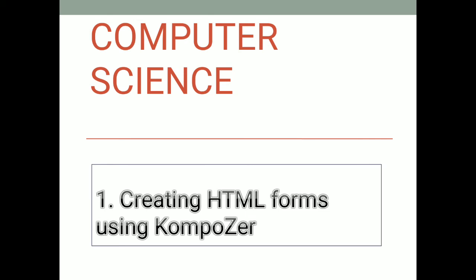From the first video, we start with chapter number 1, Composer IDE, where we design an HTML form, creating an HTML form using Composer IDE. What are the things we cover in chapter number 1? Some basic revision of the HTML tags which we implement in the IDE composer. Then new terms: what is an IDE, what are the functionality of composer, what is the layout of composer, and what facilities are easily provided by the composer. We will learn that in chapter number 1.